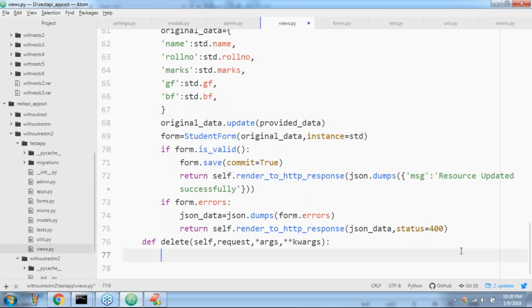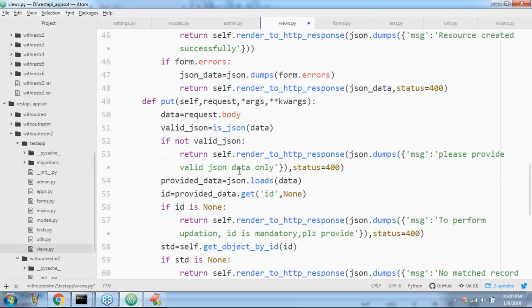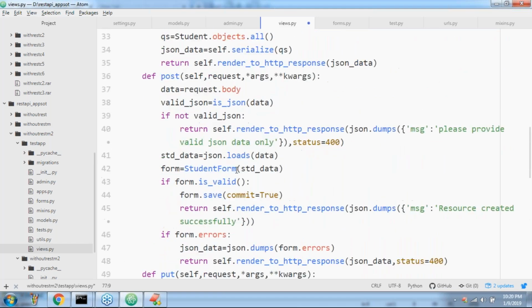Is it valid JSON or not? You have to check. Next, is the ID available or not? If the ID is not available, to perform delete, ID must be required. So if ID is available, then get the corresponding object. If the object is none, then okay, like we have some code. Now have you observed what I'm trying to take?